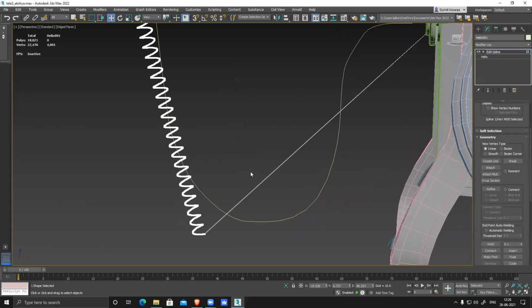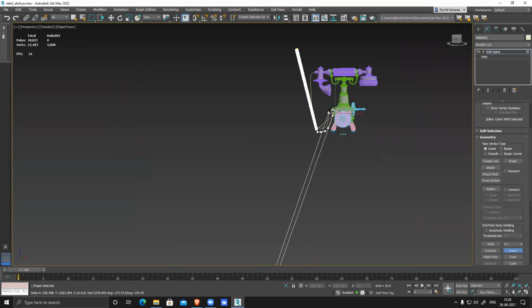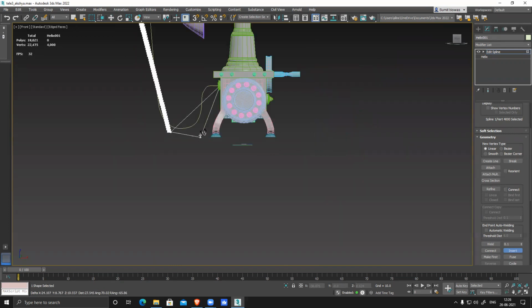Now I need to make this line smooth. Oh, my bad. Front view.